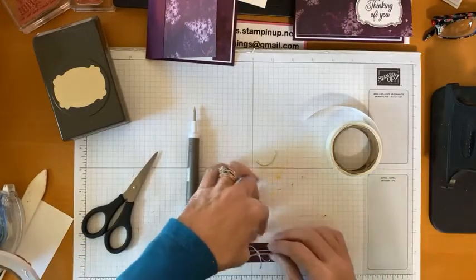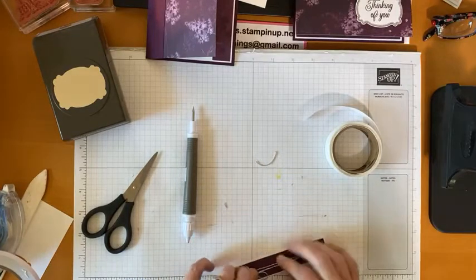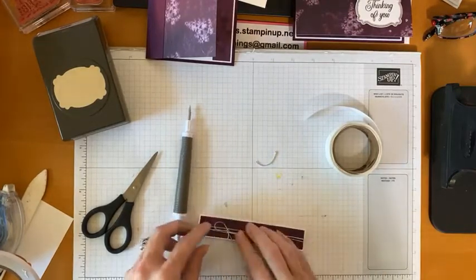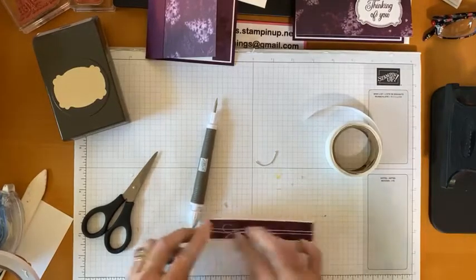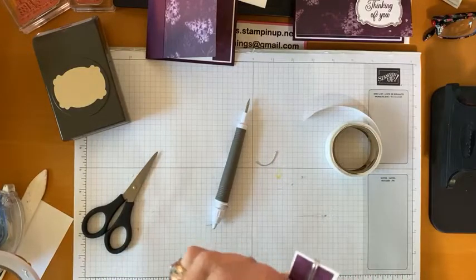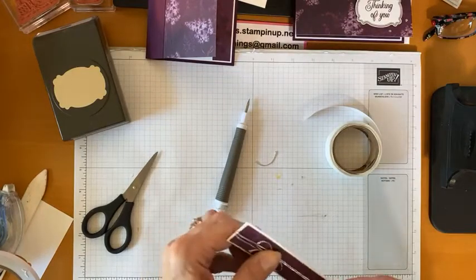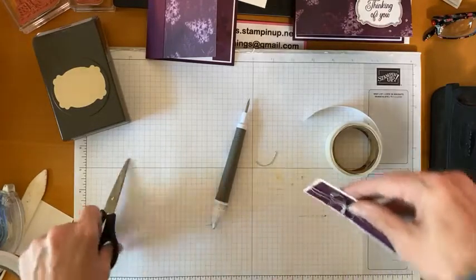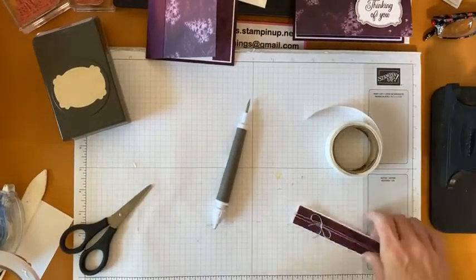So I just put the glue dot right there on the back. Oops. Okay. Need to trim this so that they're the same length, basically. Okay, so, whew, okay, now,